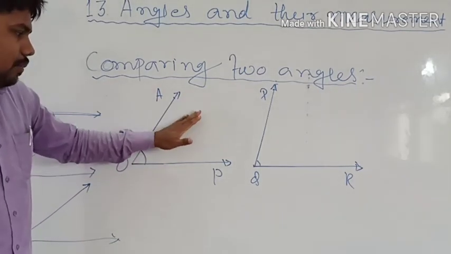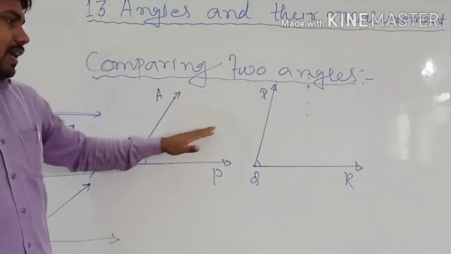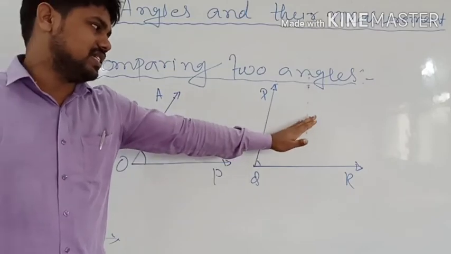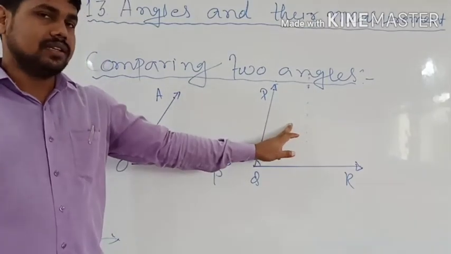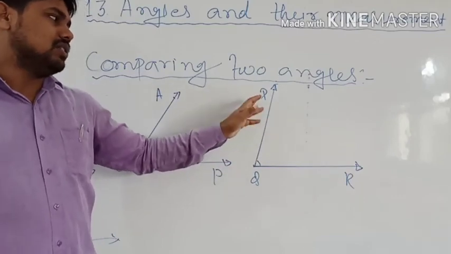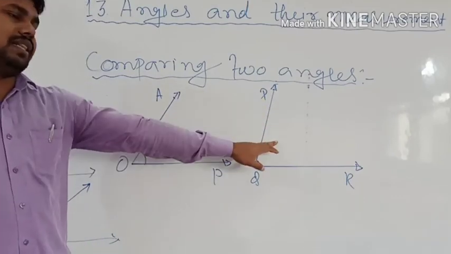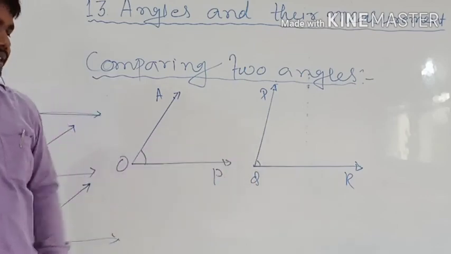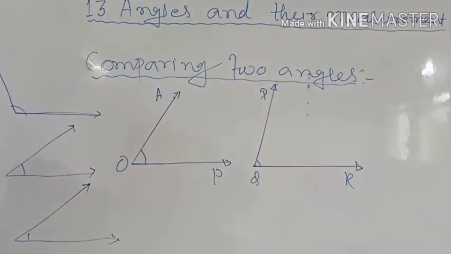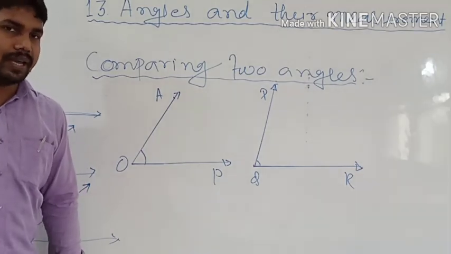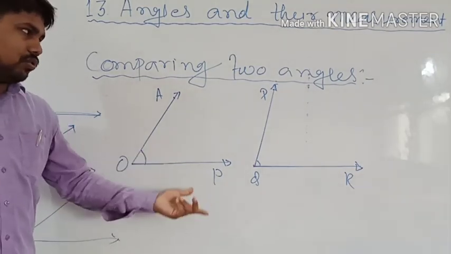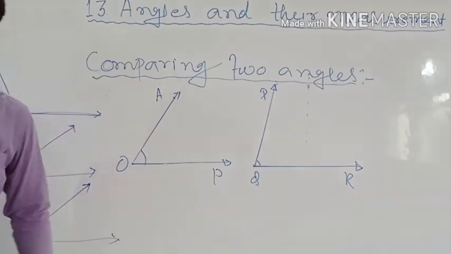If it is coming inside this, that is, as soon as we place the tracing paper it falls inside this, that means this angle is greater than this. And if it comes outside, it means this angle is smaller than this. Okay, so we will see in this practical lab how we can trace this, and how we can compare two angle measurements using tracing paper.